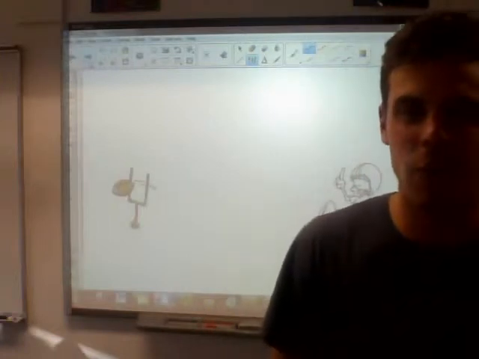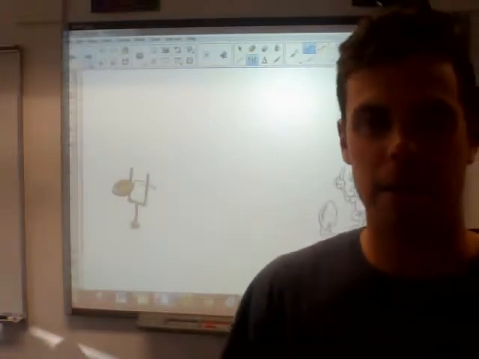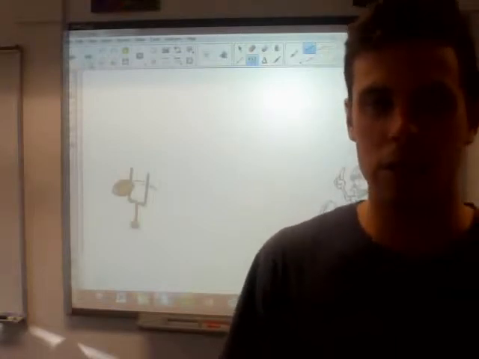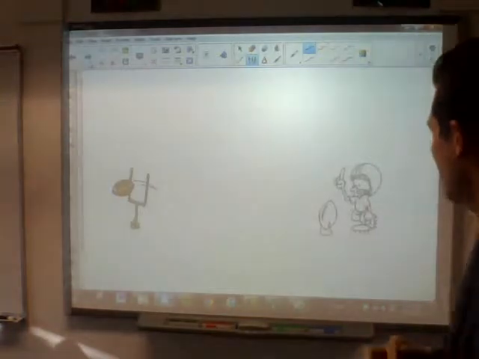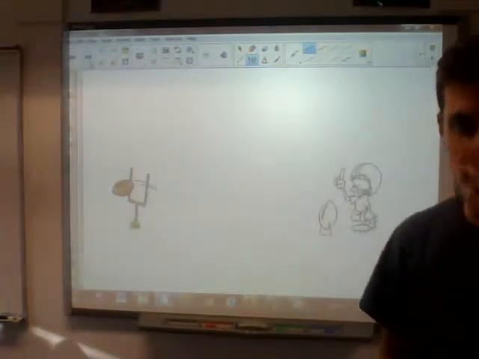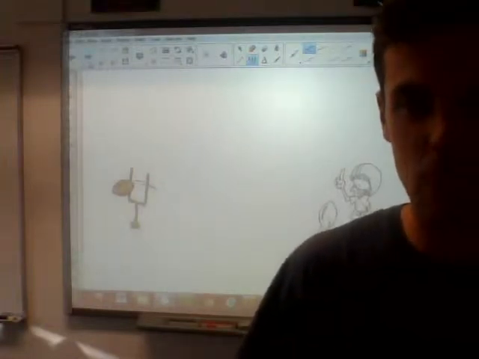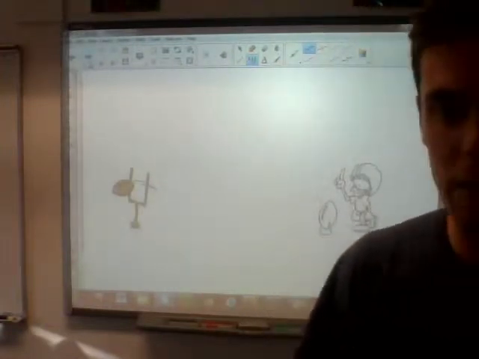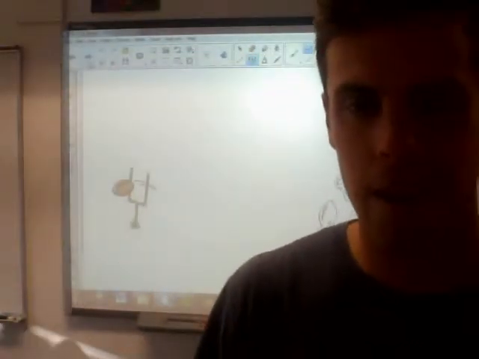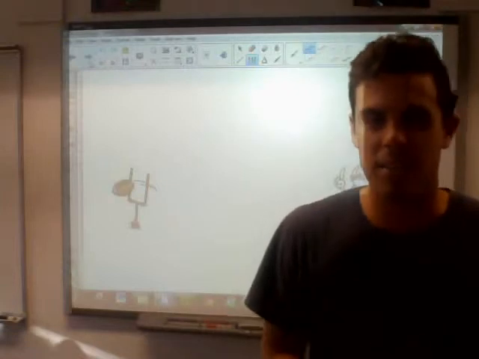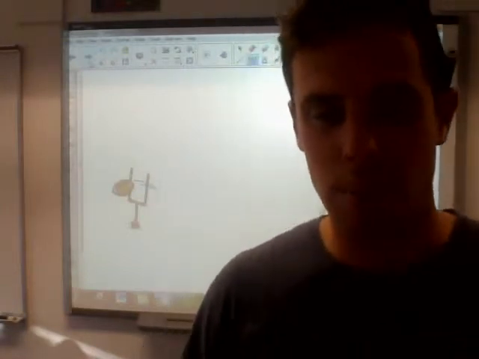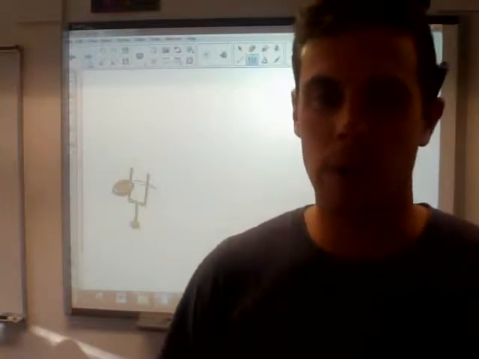A parabola, we get the word from basically how objects behave when they're under the force of gravity. For example here, we've got our Cherry Creek Bruins kicker, and he's lining up for his 45-yard field goal. When he kicks that football towards the field goal post, that ball is going to be under the force of gravity. And the path that it's going to take is naturally the shape of a parabola. That's the shape that objects will make when they're under the force of gravity.